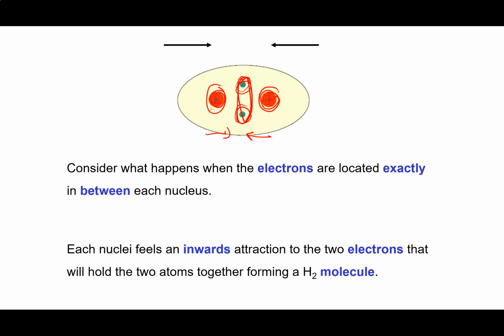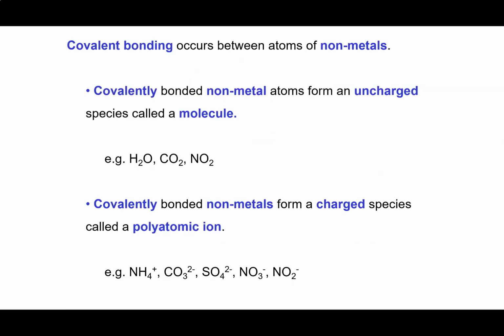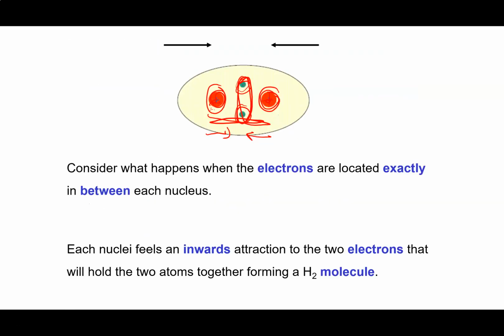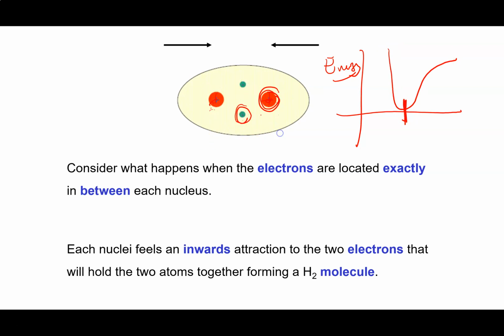Now, they get stuck together, as I mentioned, with a characteristic distance between the 2 nuclei that we call the bond length. Now, I'll just explain this here. So if we put energy here, what we find is that there's a really good arrangement where we have just the perfect bond length. And this is the distance